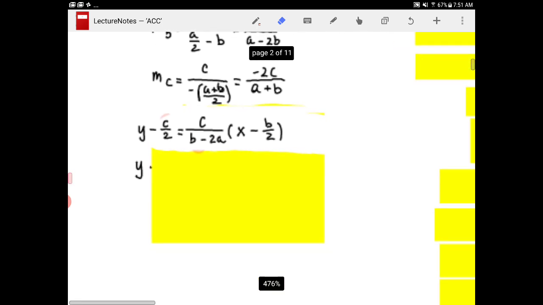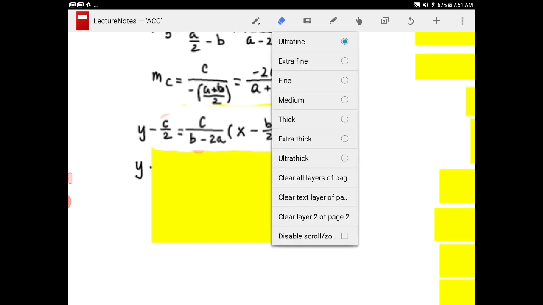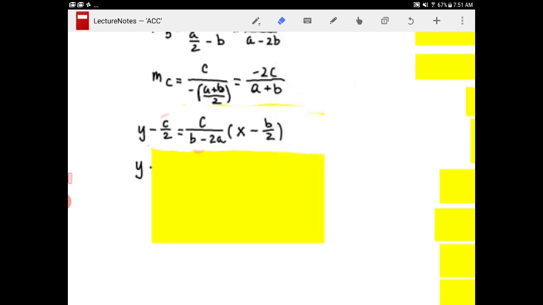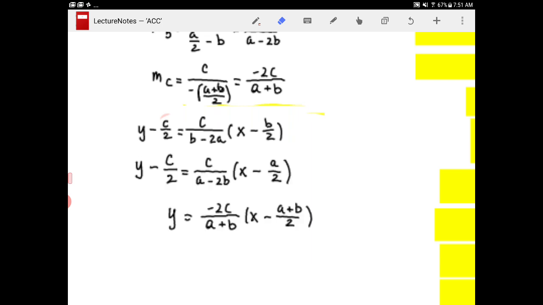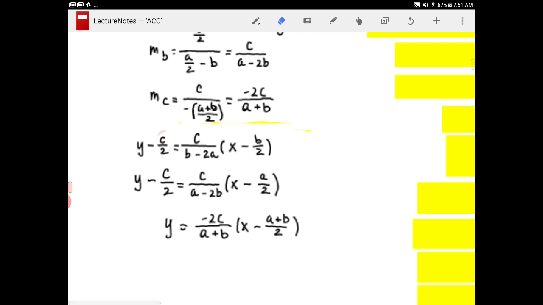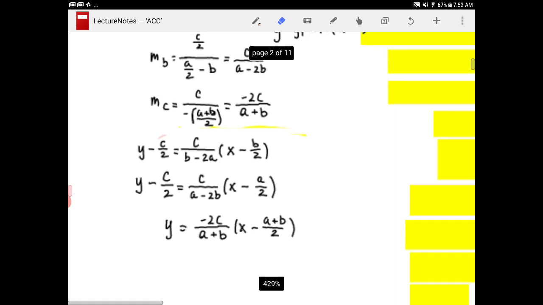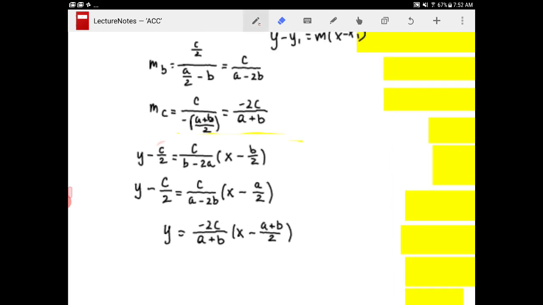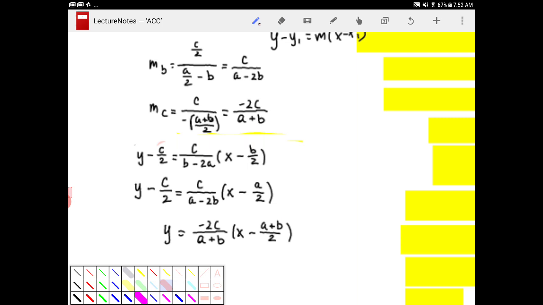I will then repeat this for the other two medians. The other two medians, one will pass through (0, c), and the other one will pass through (0, b). But again, I will treat those medians in the same manner, and I will then achieve those three lines. So these are the three lines. So these three equations are the equations for the medians